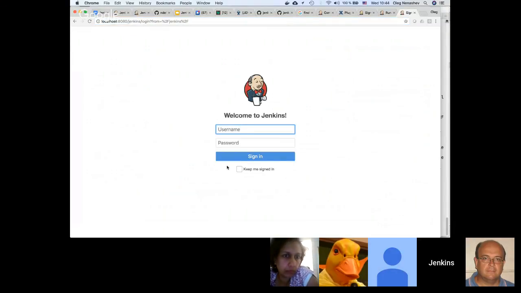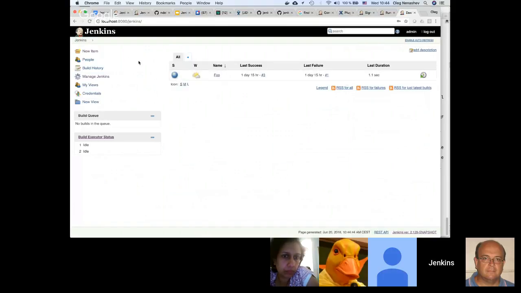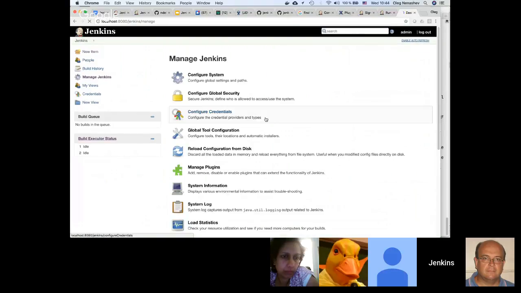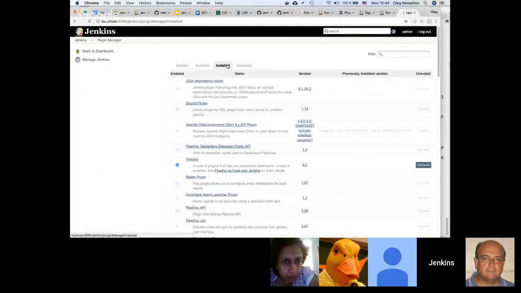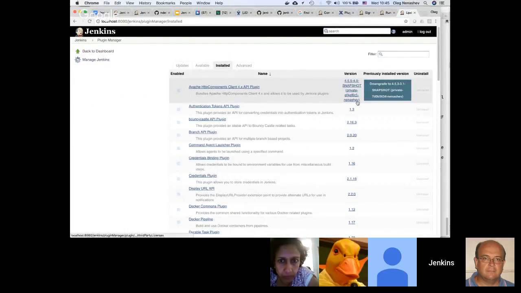Okay. Now it started up correctly, I hope. Or not. Yeah, so no administrative warnings. Everything is fine and we have got our snapshot deployed. We can check it here if you want. So, installed Apache HTTP client. Here's a local build and it points to the previous installed version.